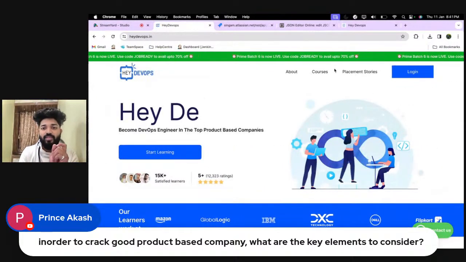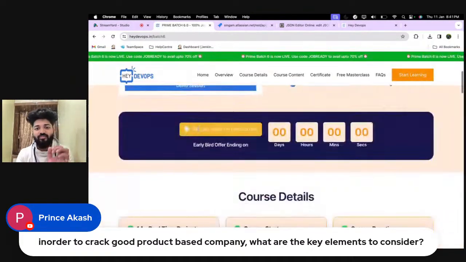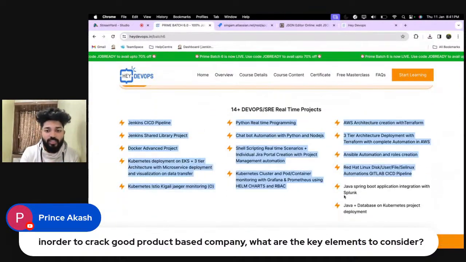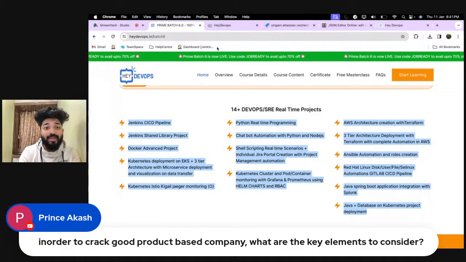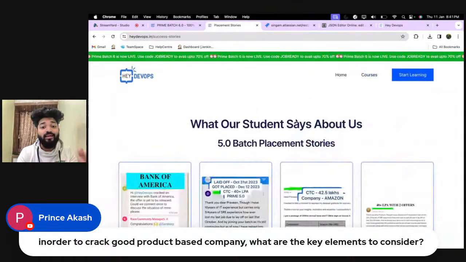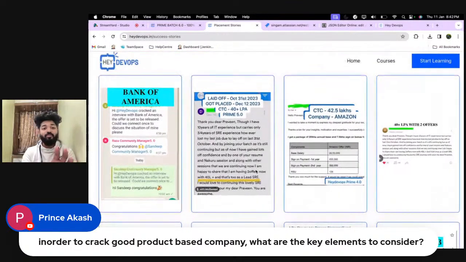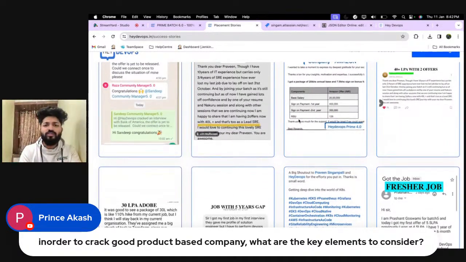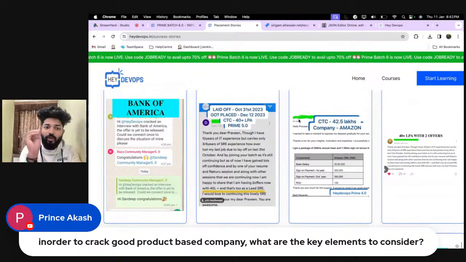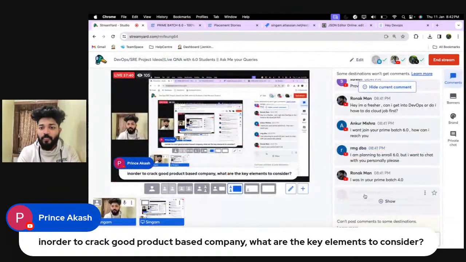One of the important things, which I personally feel, if you want to place yourself in product-based companies, is the projects which you are going to work on. And I'm openly challenging all my students: if any mentor around this community circle has given 40 plus LPA placements, and is openly telling every student that yes, my students have got placed with Bank of America, BOFA, freshers have got placed in HCLWare, Equilabs, Amazon, Cisco, Adobe, all those students are with me, right? I'm giving an open challenge to you. Show me the person who is giving you 40 plus LPA in today's time, right?